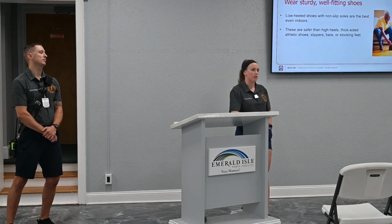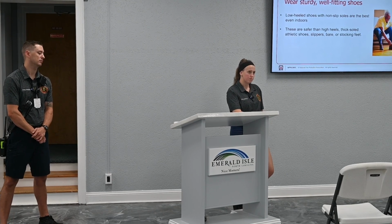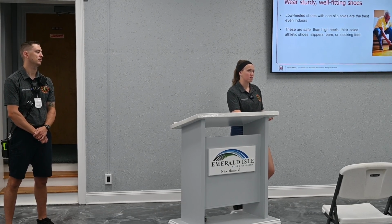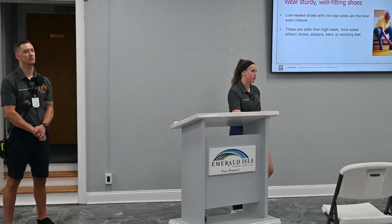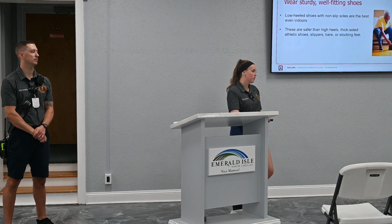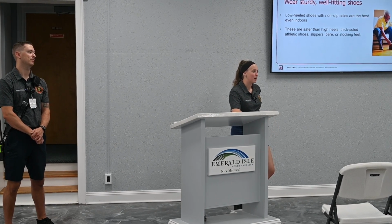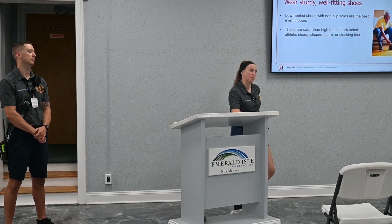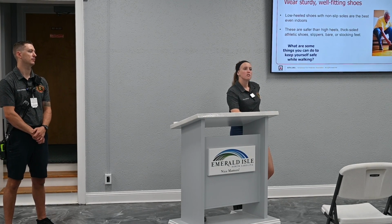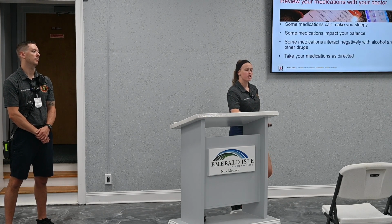And again, like we talked about, the non-slip shoes are going to be safer than high heels, the slippers that have very soft bottoms, socks, etc. The grippy socks from the hospital, as cliche as it is, are lovely. You can get those off of Amazon and from most physical therapy or occupational therapy offices. And then just some general